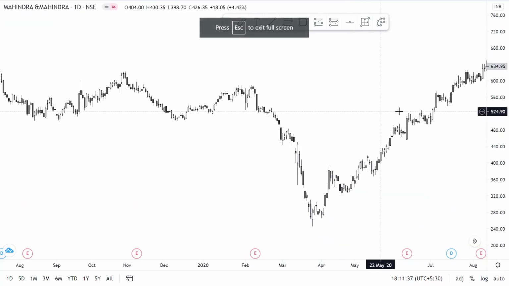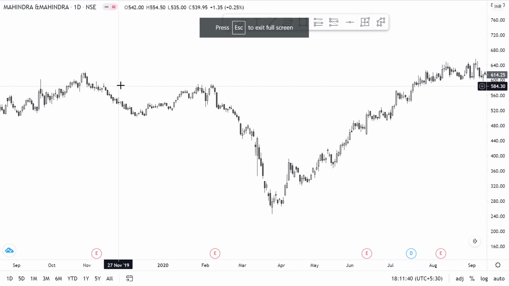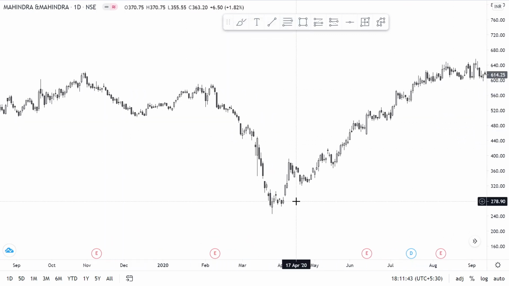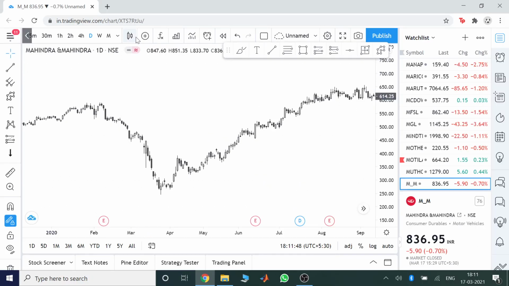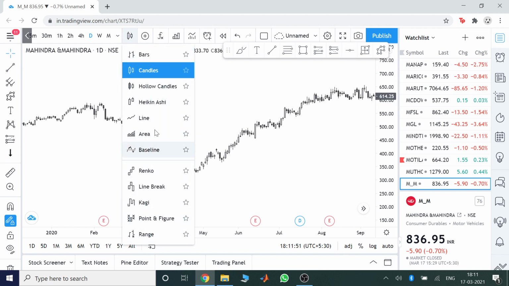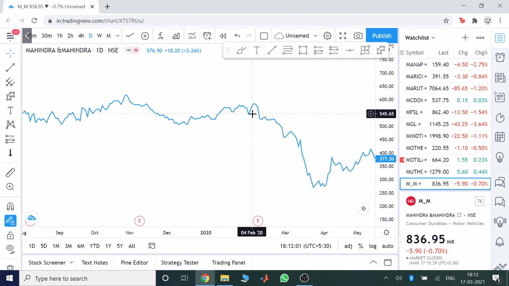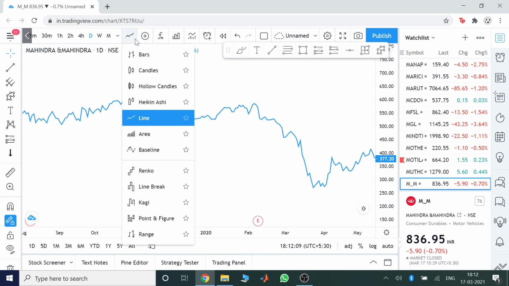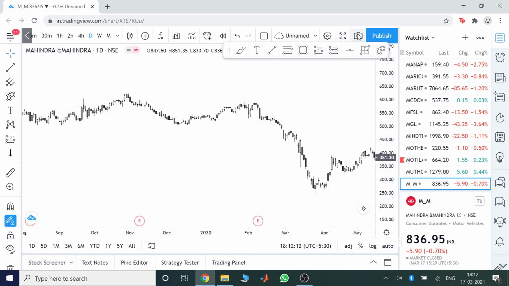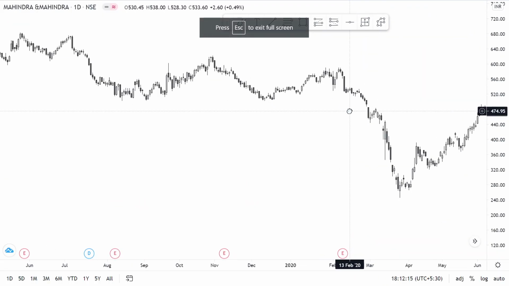A candlestick is basically an interpretation of price, and it's a visual representation of how price is moving in the market. Candlestick charts are not the only charts. You have different types of charts, and many traders use different types of charts here. But the most common ones are candlestick charts, and you also have the line chart. Line charts basically plot all the closing prices and join them together. So this is a line chart, and the most commonly used charts by traders around the world are candlestick charts.